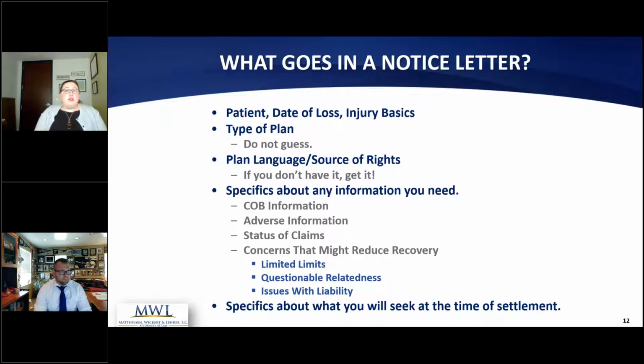The other thing you want to do when you're setting up your file, whether you do this through correspondence or whether you do it with a phone call, find out if there are concerns initially that might reduce the recovery. So like we talked about in work comp or the medical malpractice settings, is this a situation where the whole lien might not be related? Is this a situation where the plan and the third party that the patient is pursuing are the same entity? Is there some question about whether or not the third party was fully liable? So obviously the most common example of that is slip and falls. Usually the responsible party will say, you know, you tripped over your own two feet, you should have been looking where you were going, this is partially your